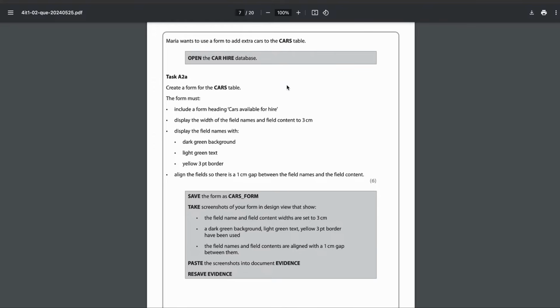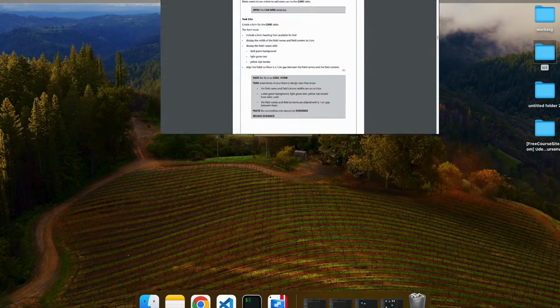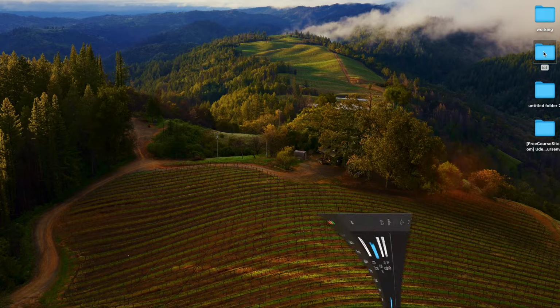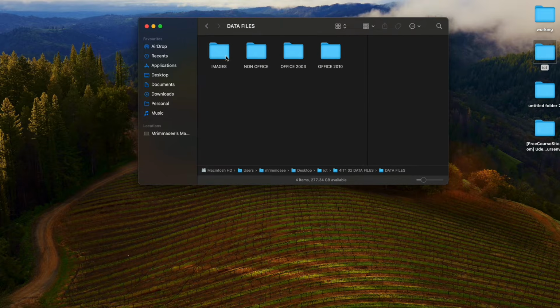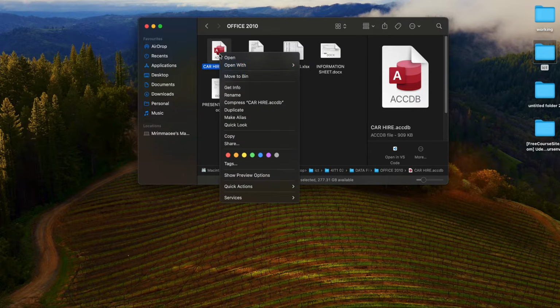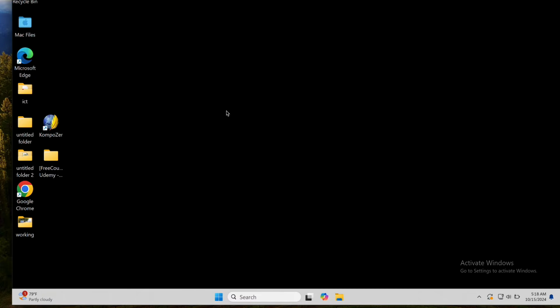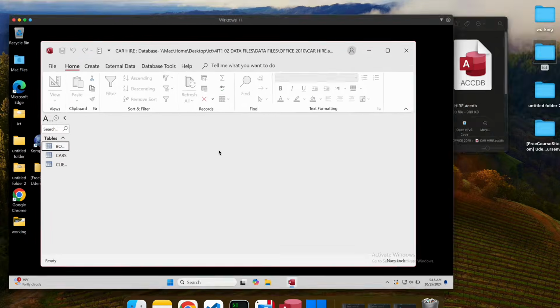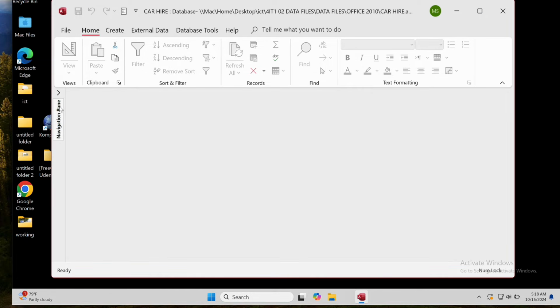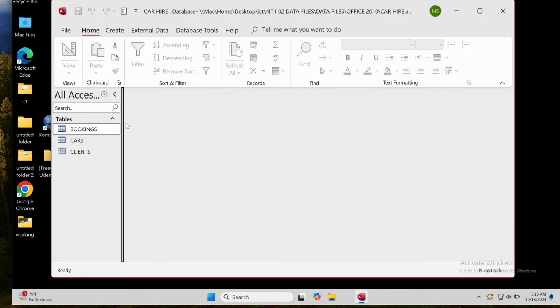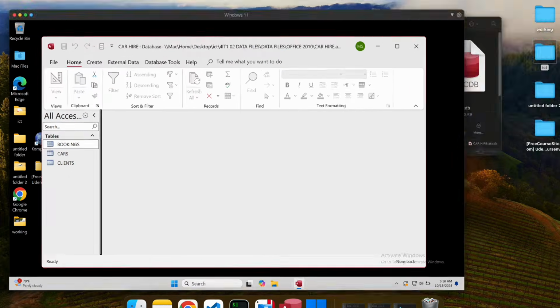And the question starts from here. It is like Maria wants to use a form to add extra cars to the cars table. So open the car hire database. So what we'll do, we just open the car hire database. So from here I will take the car hire database from here. So this is the database of car hire, and the question is like